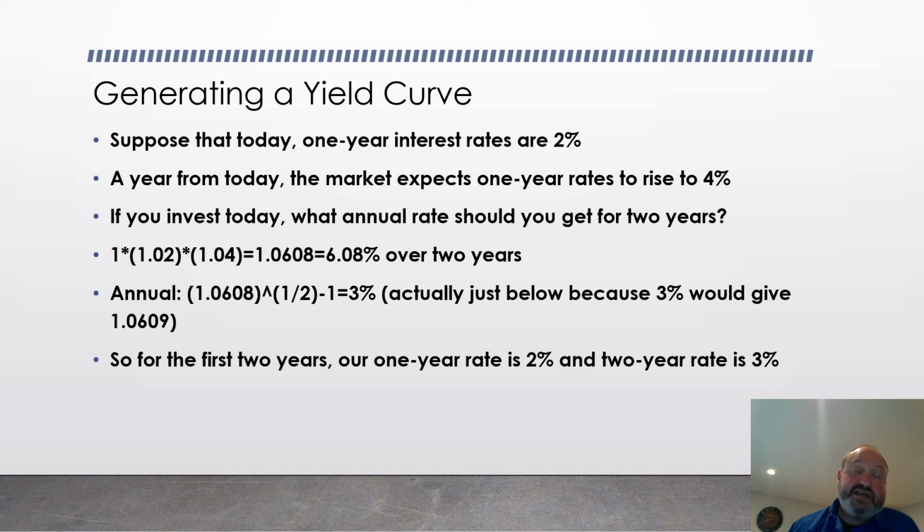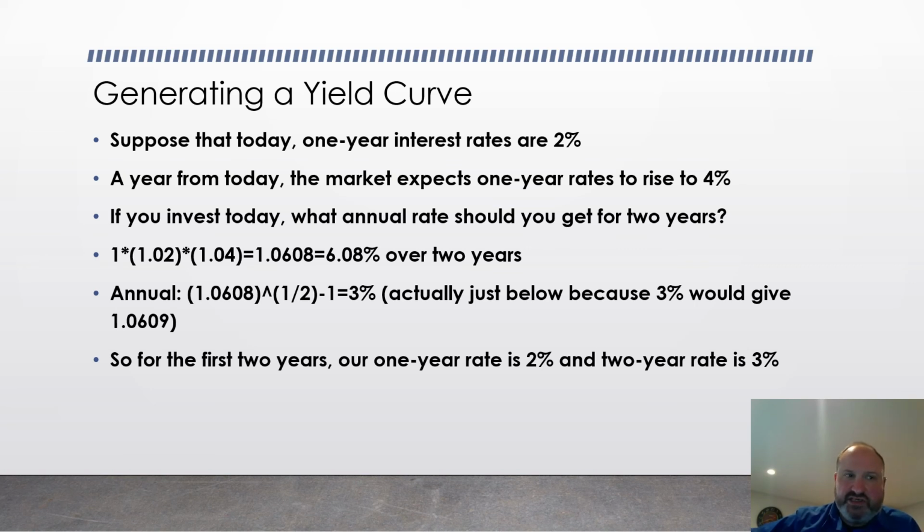This is an example. If you borrow money for 1 year, you pay 2%. Usually that's if you're a government. But let's say the market in its collective wisdom thinks that interest rates are about to go a lot higher because we're worried about inflation. We think the economy is doing well. People are going to want to borrow more money. The cost of money, which is what an interest rate is, is going to go up because so many people want it. Okay, so if interest rates for a 1 year period are now 2%, and you think that a year from now, if you want to borrow money for the next year, it's going to cost you 4%,